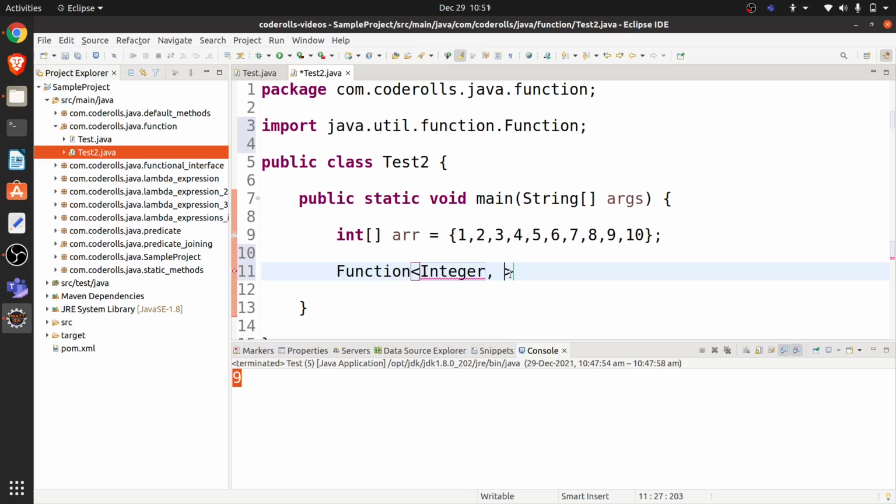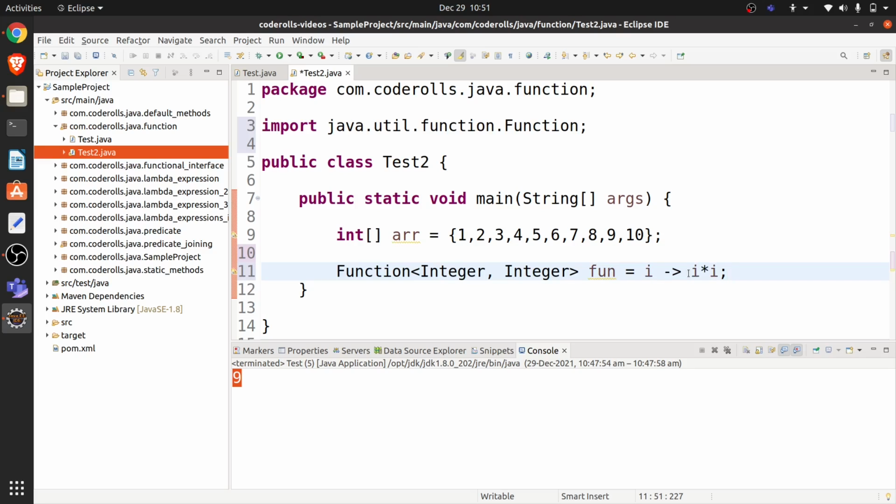So the square is also Integer. Okay, and give it the name fun. Here we will be writing a lambda expression. So we are expecting an integer i, and we will be returning the square of that particular number. So i * i.